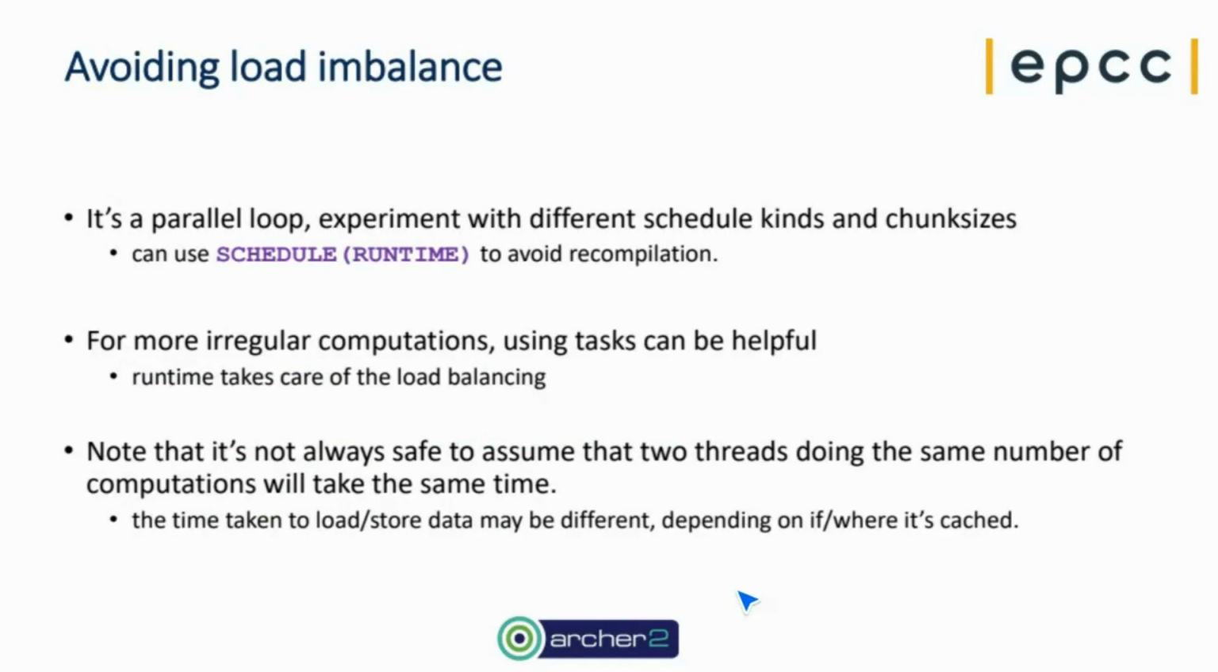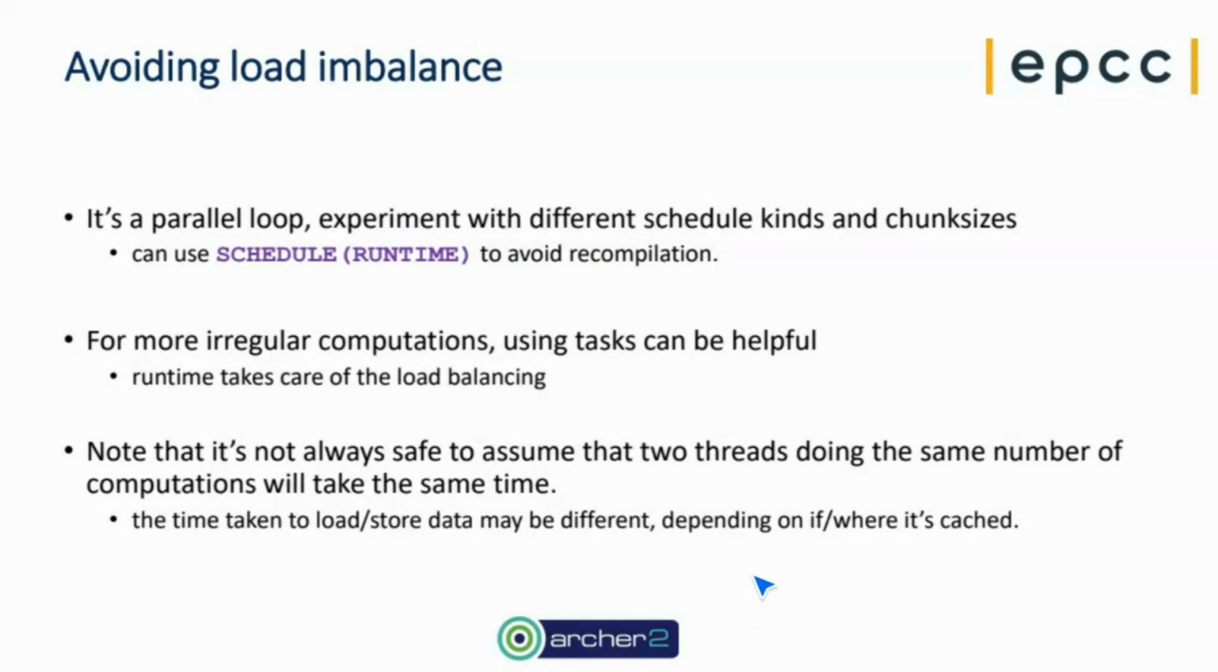So what can you do about load imbalance? Well, if it's a parallel loop, then OpenMP offers us all the different scheduling options and choice of chunk sizes and so on. And you can use schedule runtime to experiment without recompiling. If you specify schedule runtime on the loop, then you can set the schedule as an environment variable. So if you want to experiment with lots of different schedule kinds, static, dynamic, guided, and different chunk sizes, that's just a convenient mechanism so that you can run lots of tests without having to rebuild your